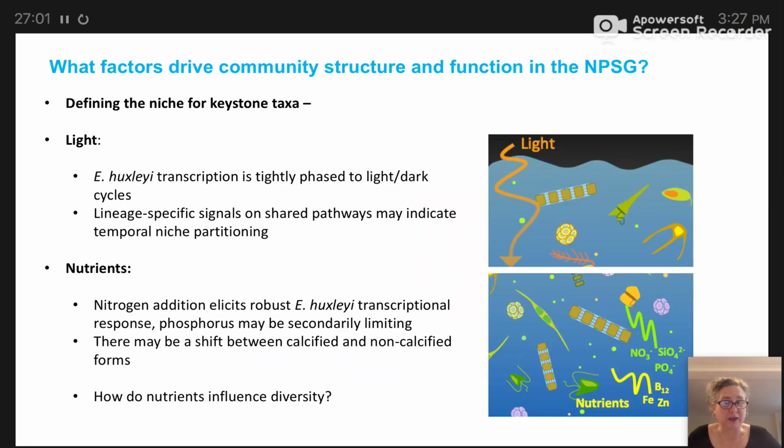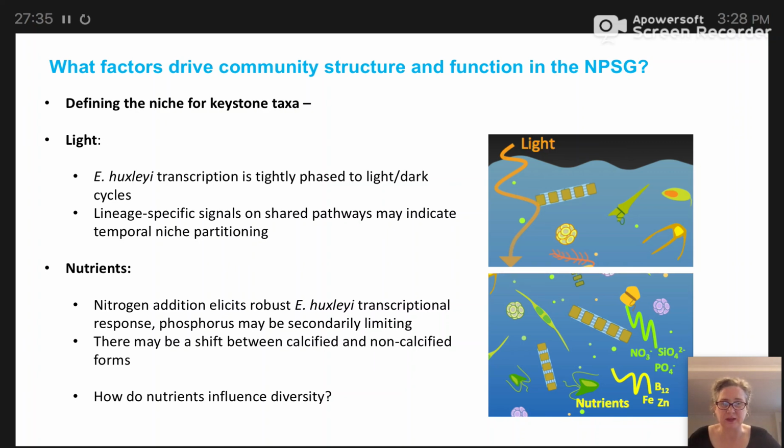So to summarize, nitrogen addition elicits a really robust transcriptional response in E. huxleyi, where phosphorus might be secondarily limiting. Nitrogen appears to be a major controlling factor for these populations. And the transcriptional data suggested there might be a shift between either calcified and non-calcified forms or an increase in calcification with nitrogen addition. To finish here, I wanted to end with this final question, and that is, how do